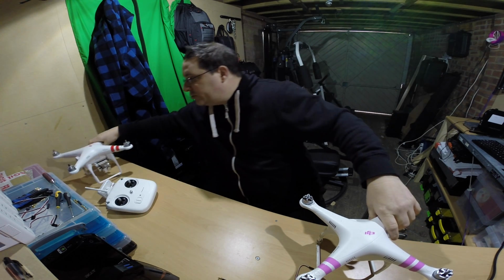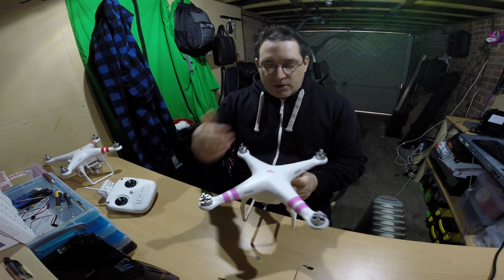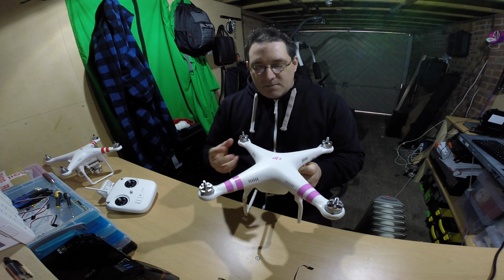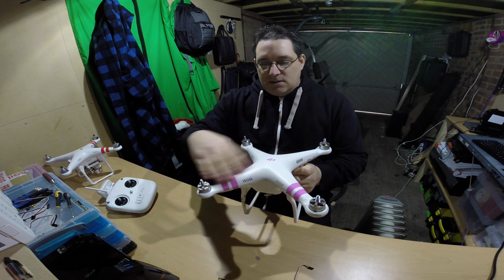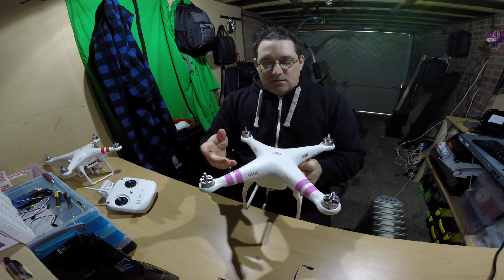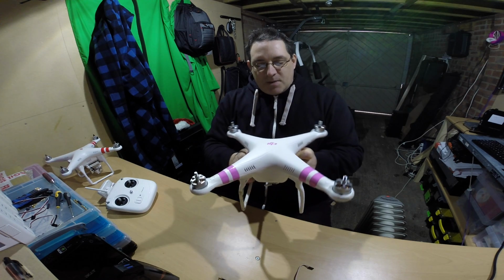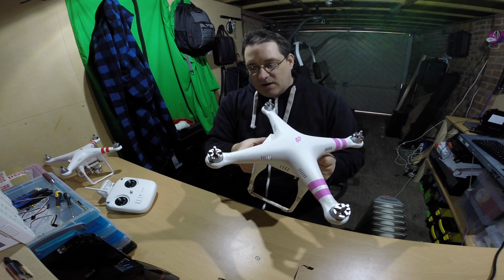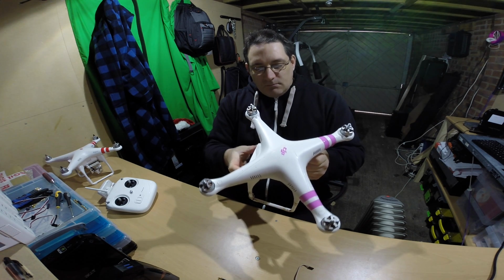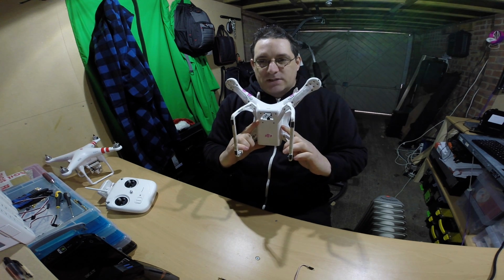So what I want you guys to do is draw up what you think a version 3 Phantom should look like. My idea would be to add extra motors, so you've got a bit more stability in the air, and make it slightly bigger. I like this design, it's quite nice. I've seen other ones out there that look like the Phantoms, but they have a head bit here. That's horrible, don't need that. The battery pack, I like the slide-in version, I wouldn't modify that much. But I would change the bottom on the gimbal side, put a gimbal system on there,